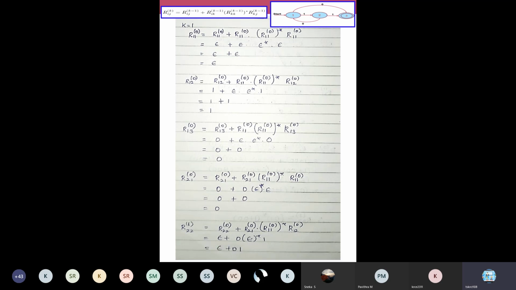So now how to minimize that? I've written it as epsilon plus 0. When you have epsilon in concatenation, just remove it. It does not affect your string. It is a string with 0 followed by 1. In between, you can have any number of epsilons anywhere, so it does not change the meaning. After the 0, if you have any number of epsilons, just remove that epsilon alone, and your string will be 0, 1. So here you have to think of 0, 1 as a pattern. Okay, it is a pattern. 0 followed by 1 is a pattern.